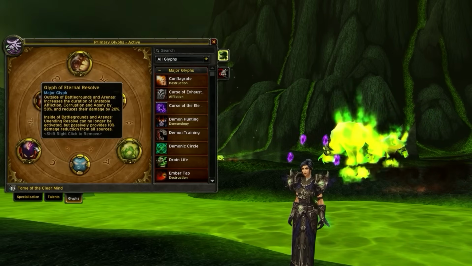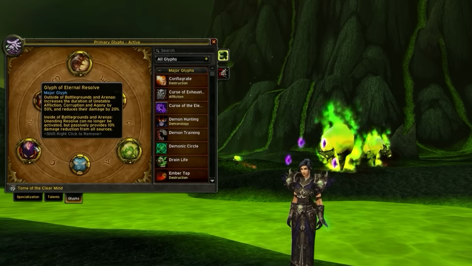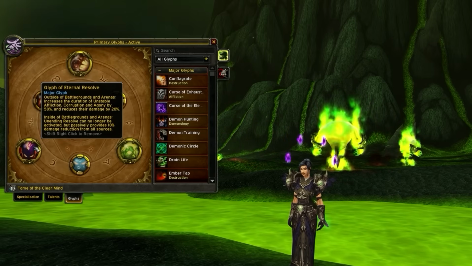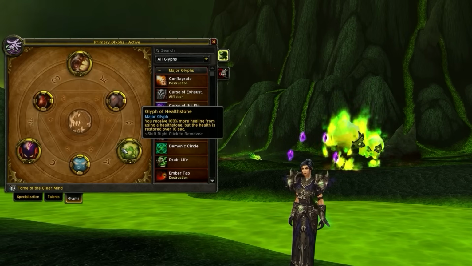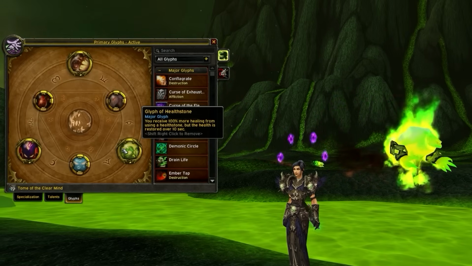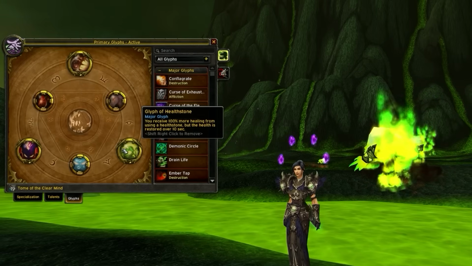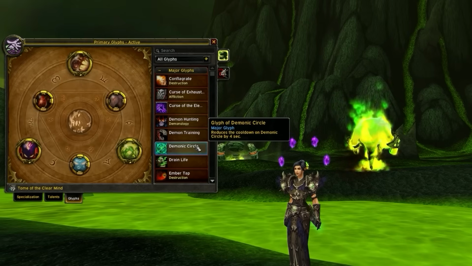Then we're going to play with Eternal Resolve. This will prevent us from using Unending Resolve, but it's going to give us a passive 10% damage reduction, which stacks with Soul Link. Then for our third slot, we're going to soft lock Glyph of Healthstone. This is going to make it heal twice as much, but as a hot, which is not that risky considering we're passively tanky. We have 2 flex glyphs we could play instead, including Demonic Circle, which can be helpful against